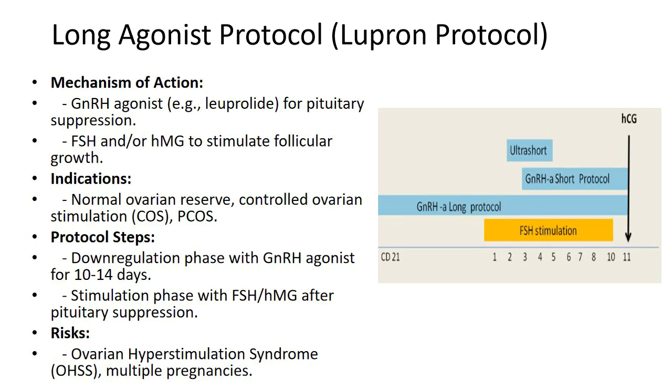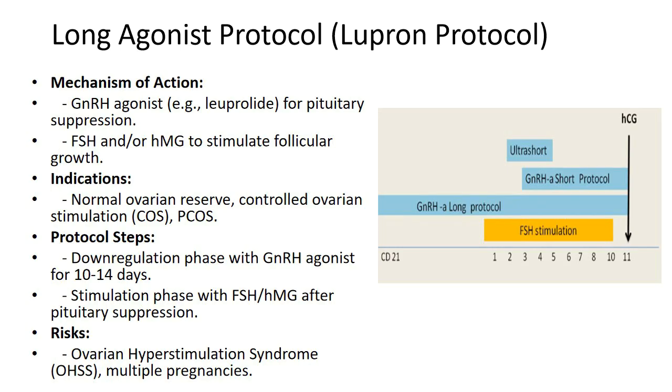Mechanism of action. GnRH agonists initially cause a brief increase in gonadotropin secretion, the flare effect, followed by downregulation of the pituitary gland, leading to a decrease in FSH and LH production. The pituitary suppression prevents premature ovulation during the stimulation phase. After pituitary suppression is achieved, usually after 10 to 14 days, FSH and/or HMG, human menopausal gonadotropin, is administered to